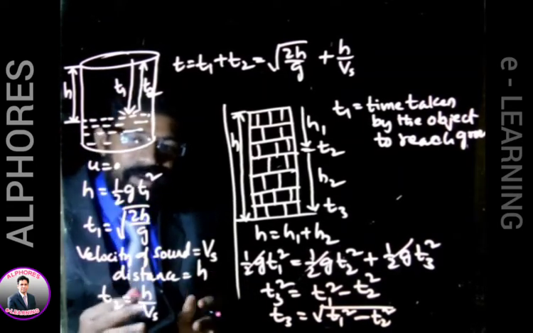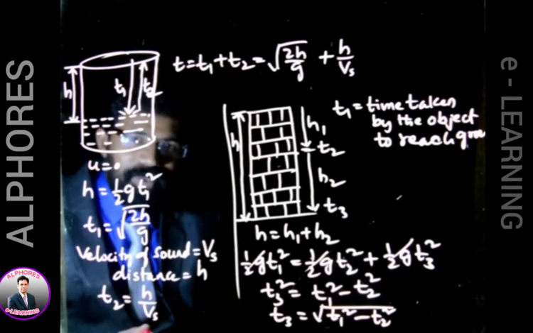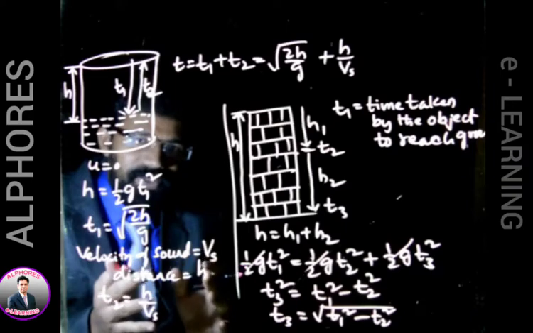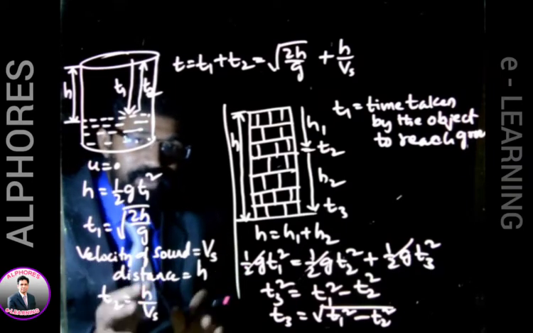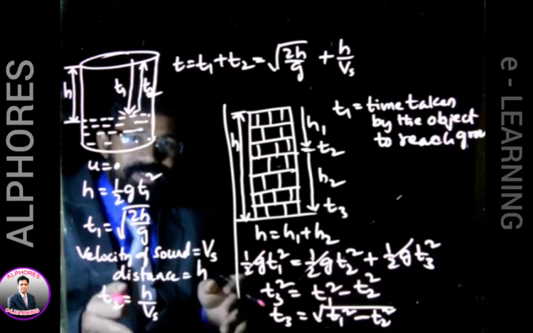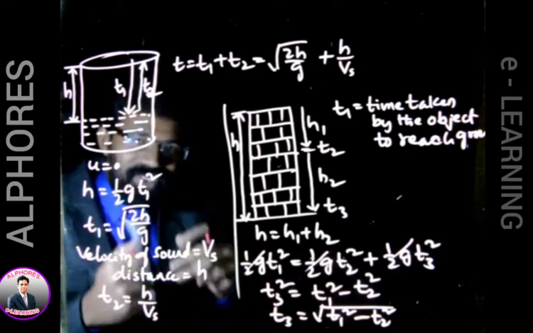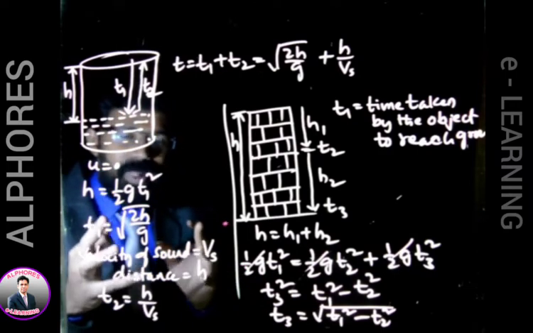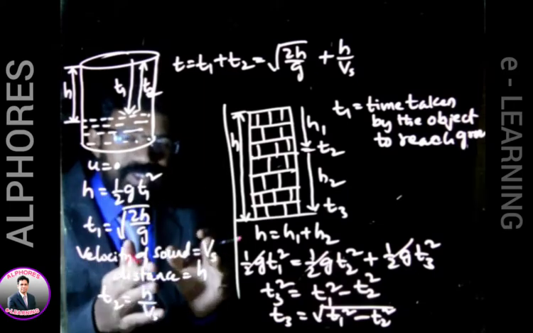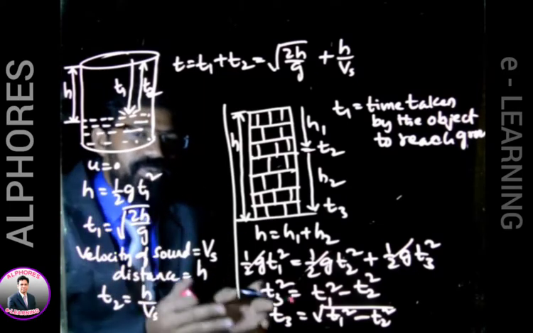Children, remember, whenever any description is given about any situation in any numerical problem, just try to understand the situation, and sometimes you need to define your own variables. If he is not mentioning distance, let us say distance traveled by the body is equal to x. Like that you have to assume things and proceed further. So you have to understand the situation, pick up the appropriate equation from the set of kinematic equations, and solve.